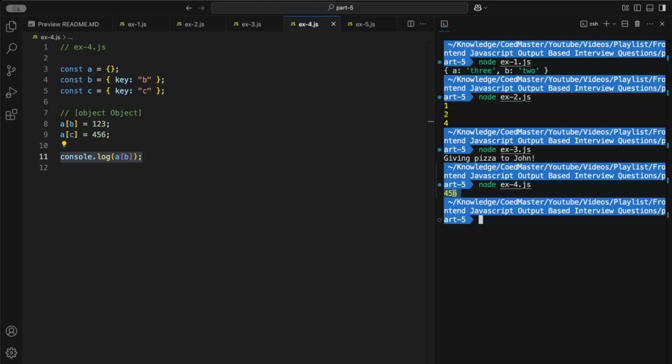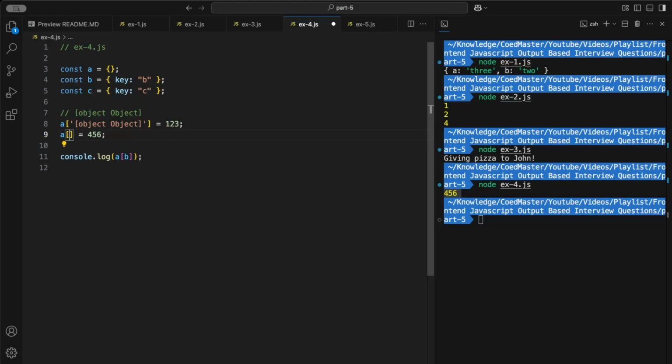Why is it so? So let's understand what is happening over here. When you use an object as a key, internally the toPrimitive method of this object is going to be called by the JavaScript engine. And the toPrimitive method of any object gives us a default string, which is equal to [object Object], this one. So when you give the B and C objects as keys of the A object, you will receive this as the string,